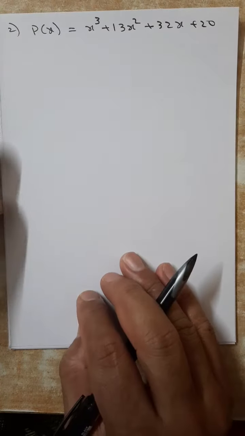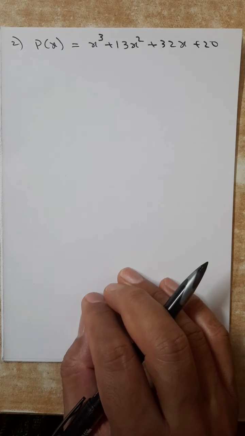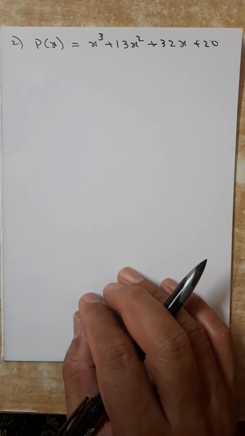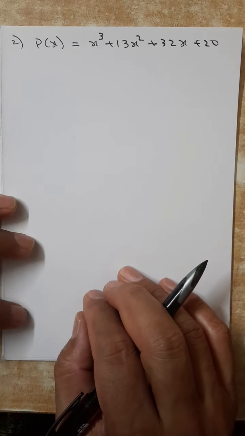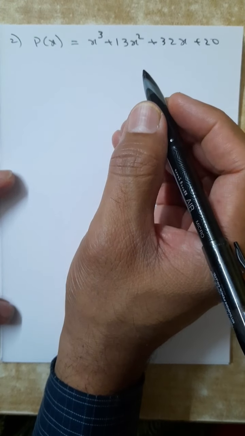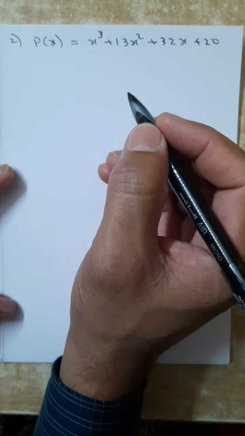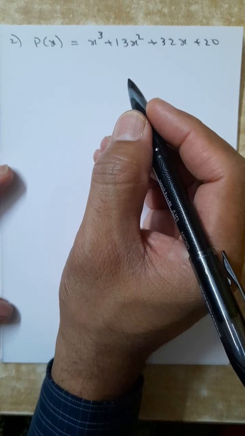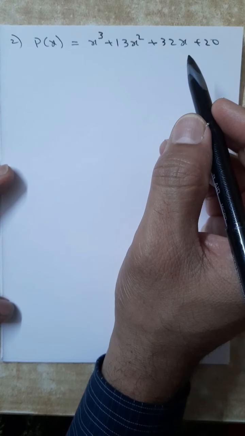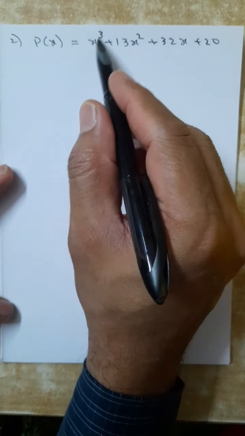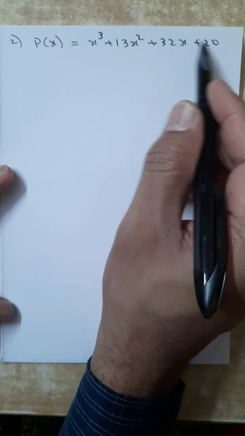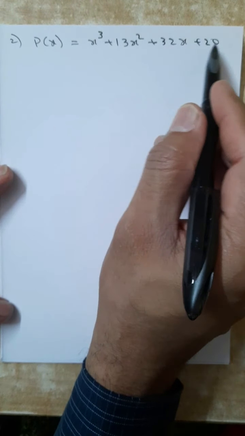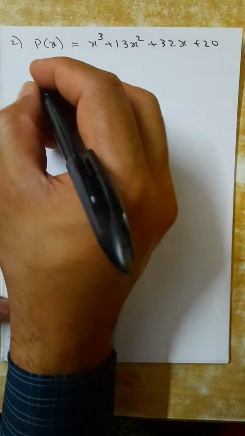Okay. Now let us go to question number 2. This is also from the NCERT book, question number 5, 3rd part: factorize. So what is the procedure? Try with 1, minus 1, etc. Now you say, will you try with p of 1? We will not do it with p of 1. No chance of getting 0, because x cube, 13x square, 32x and 20, everything is positive. So if you are substituting positive numbers p of 1, p of 2, p of 3, etc., 0 will not come. So only negative numbers we have to try.